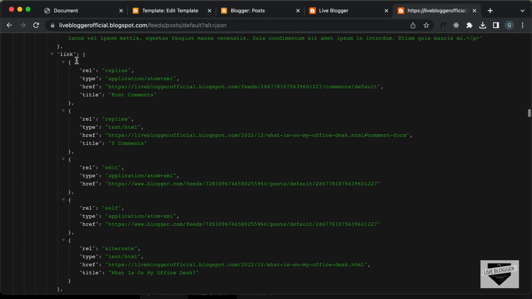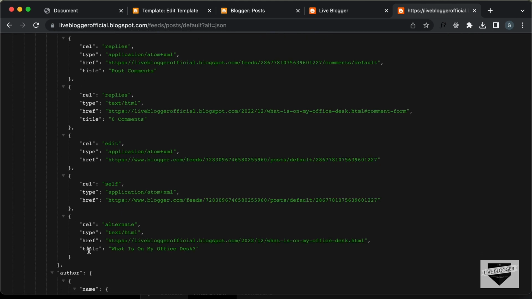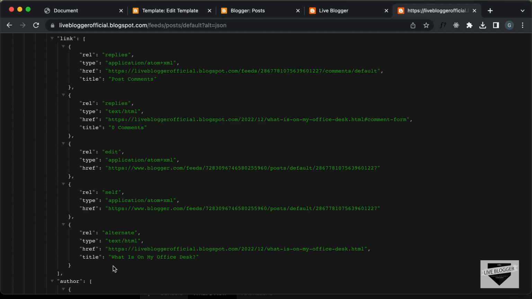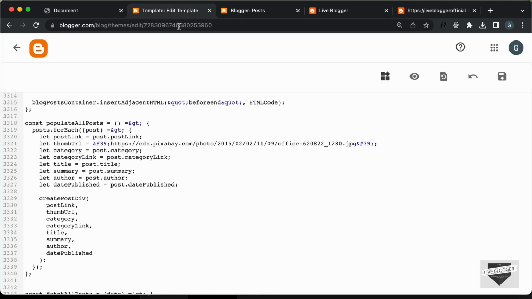If you scroll down, here we can see we have this link array, and in that we have the last object, and in the last object we have the link of the post. So we need to get it from link and the last object, and in that we have the href. So let's go back, and here instead of post.postLink, we need to type post.link, and we need to get the last element, so we need to type